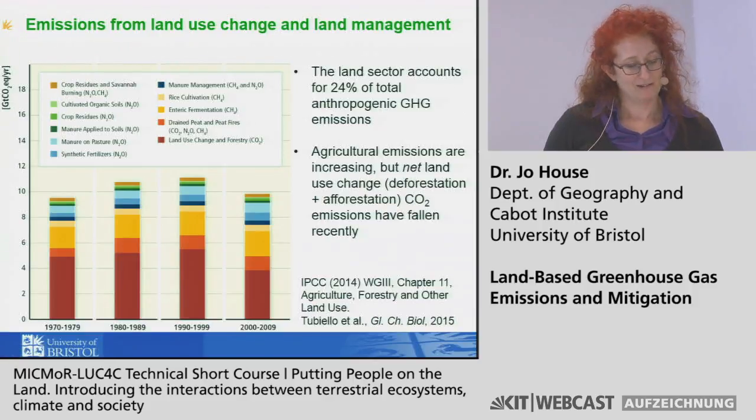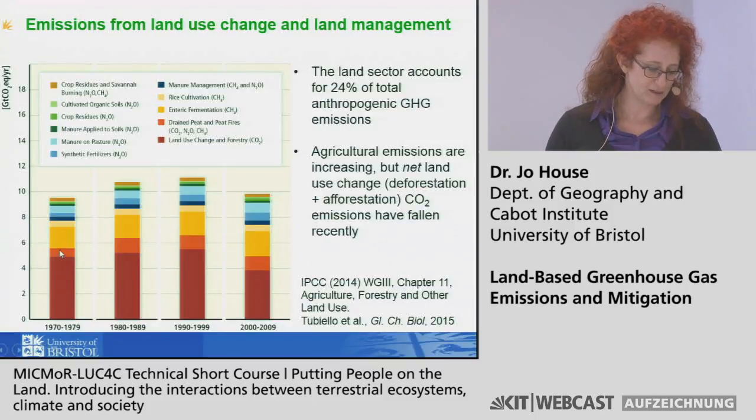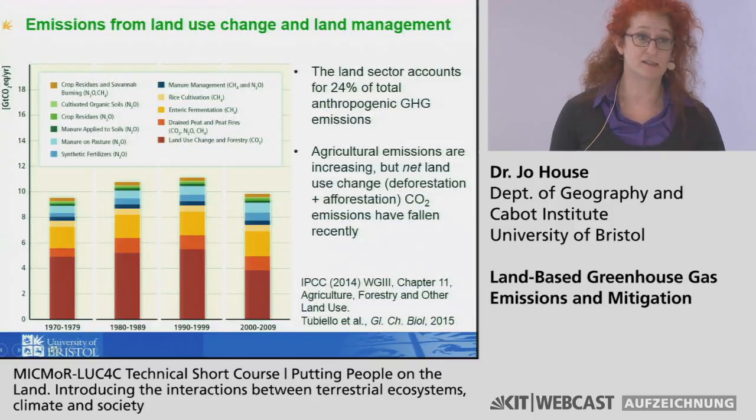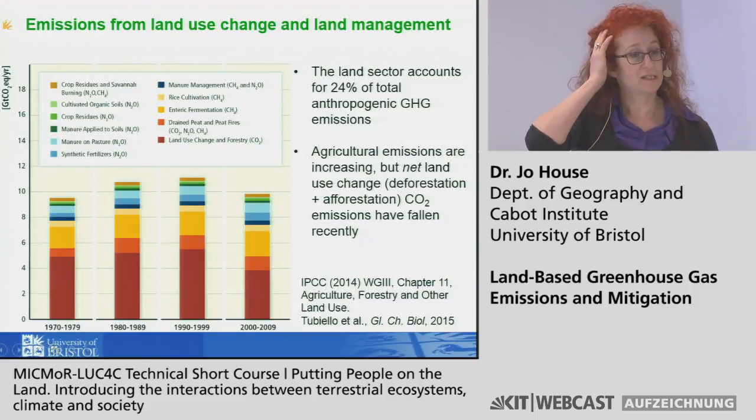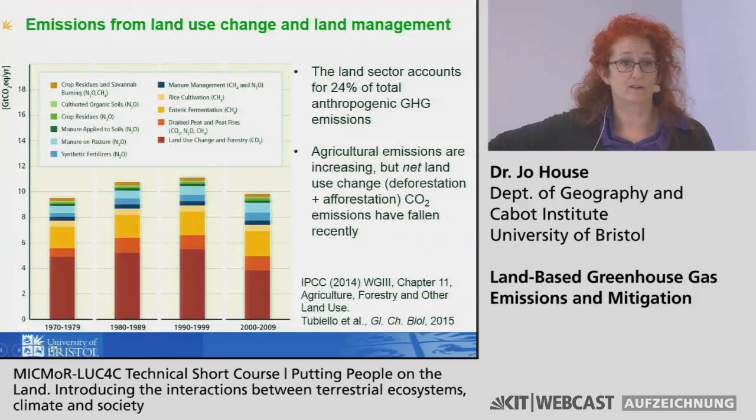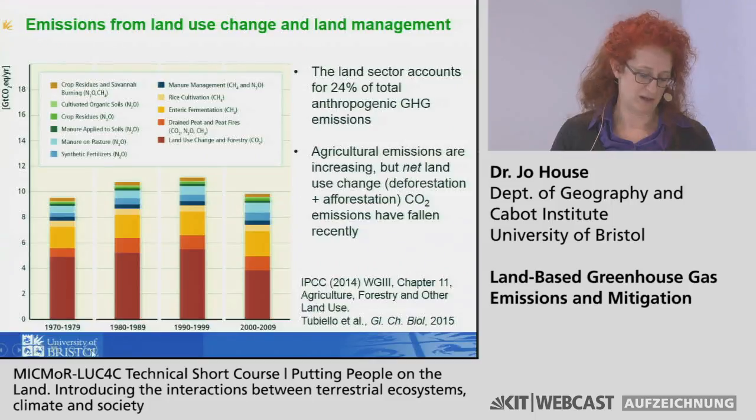So breaking that down a little bit more and looking at emissions just from the land sector. This big dark red bar down the bottom is just the CO2 emissions essentially from land cover change. That's the sort of thing that's been calculated by a lot of the models that you are probably familiar with, so the DGVMs, LPJ-GUESS and LPX and JULES and various others. And also the Houghton bookkeeping model, which is where this actual data is from. So that's just CO2 emissions from land cover change.